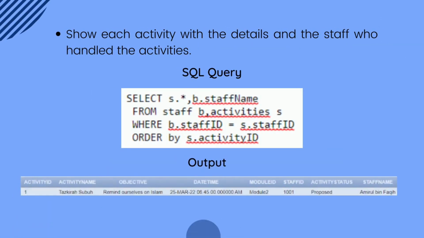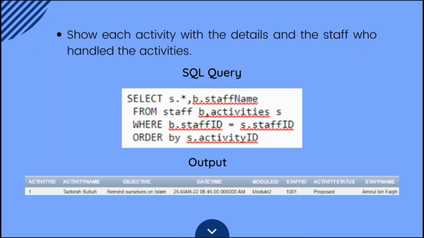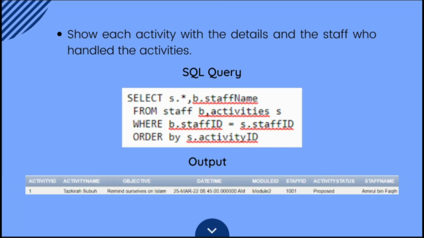Next, we also create the SQL queries to show each activity with details and the staff who handle the activities. We write select s.*, b.staff_name from staff b, activities s, where b.staff_id equal to s.staff_id, order by s.activity_id. S dot refers to the activities table, b dot refers to the staff table. We select all the data from the activities table, and we select the staff name from the staff table, where